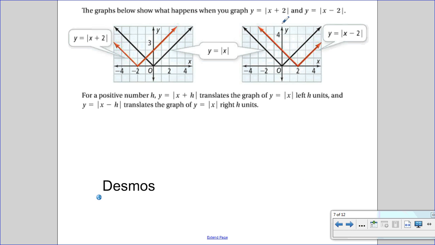All right, so now what happens when the number is inside the absolute value sign? When it's inside, it shifts it left or right. So it translates, so inside absolute value of x translates,